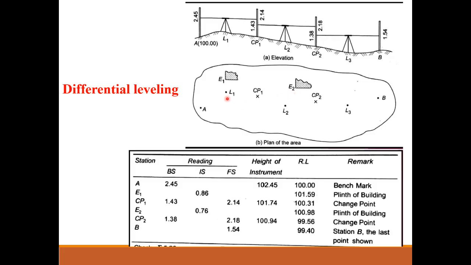So the most important point I am here to tell you is that these points L1, L2, L3 are indicating the position of the instrument. Okay, first position is L1, then we change the position of the instrument to L2 and then L3. You can see that all 3 points are not exactly in the same line. Okay, these 3 points are at some random position. You can fix your instrument at any random position you want.